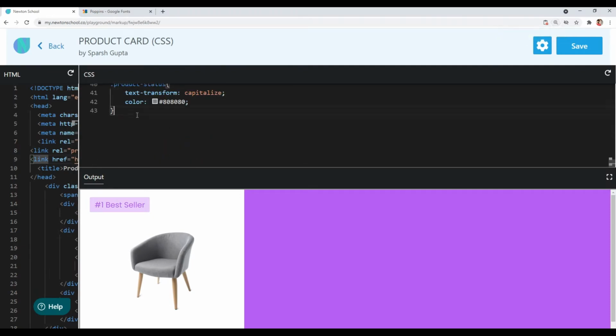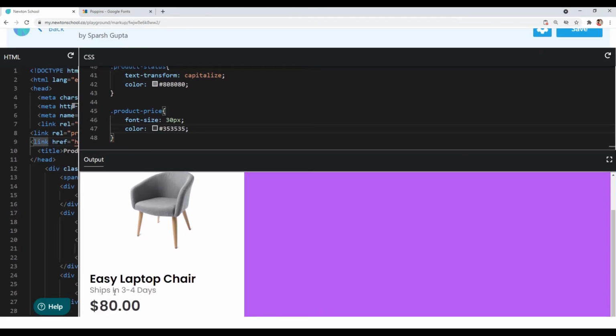So let's target our product price now. We want a slightly bigger font size, so I will write a font size of 30 pixel. I will also change its color to hashtag 353535.